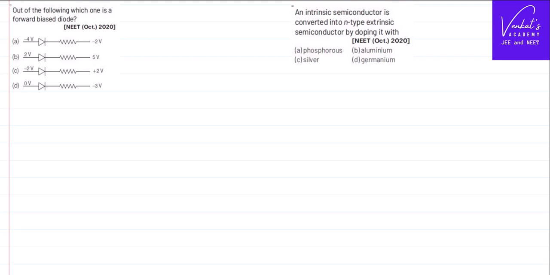We are solving two simple questions in semiconductor devices that appeared in the NEET examination in the previous years. Let us see what the questions are. Out of the following, which one of the diodes is a forward biased connection? So the first thing that you need to understand, for a diode to be forward biased,